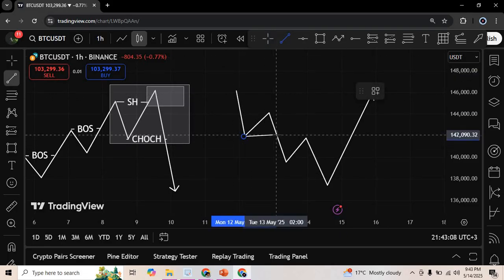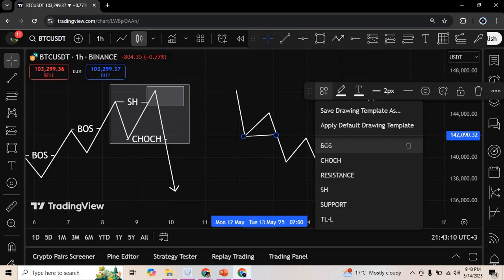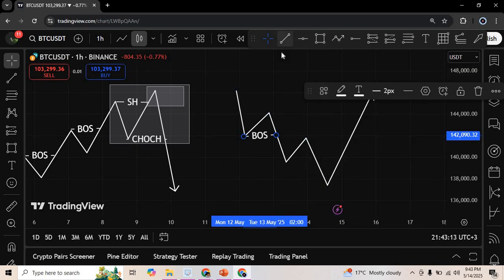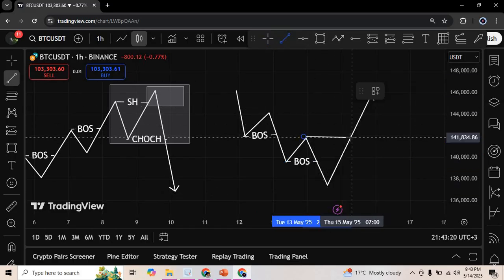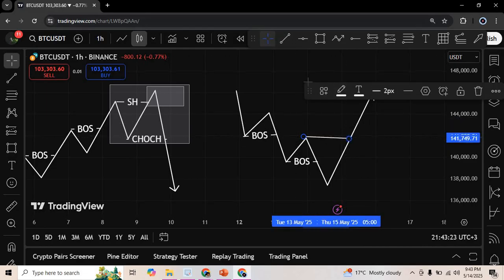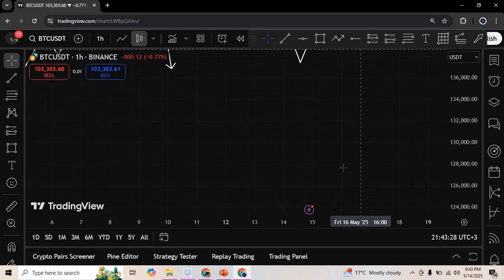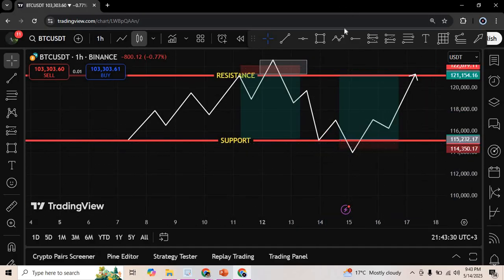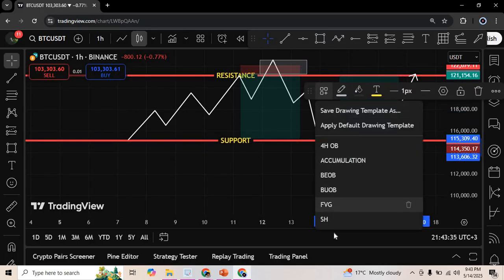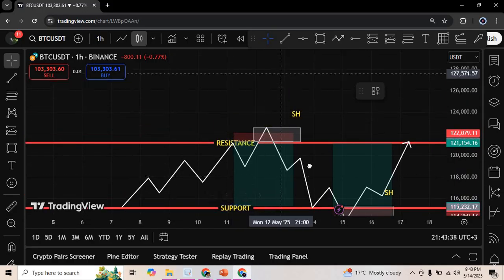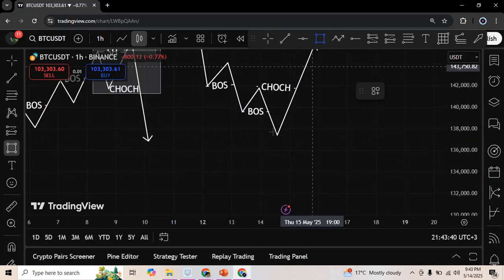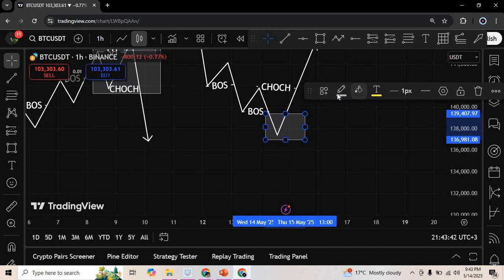We are having our break of structure right here. Yes, we are having another break of structure and a change of character at this juncture. If you are to have a similarity with what we are describing right here, this was our stop hand. So bearing that fact, we can come back to this and we can easily identify our stop hand right here.